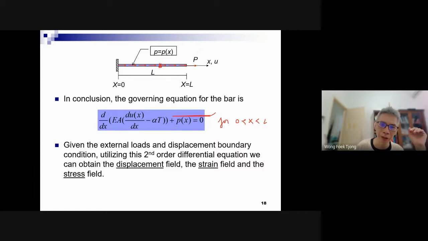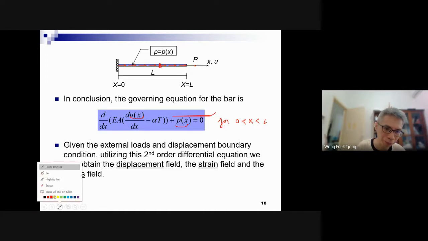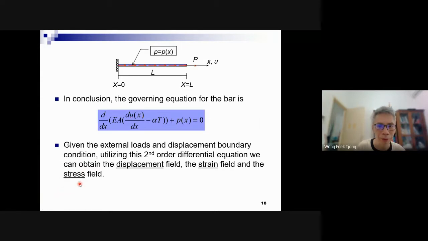Here we see that we can connect the external force and the displacement. But this is not yet complete. Why? What kind of equation is this? What is given, what is unknown in here? Please notice carefully. The given one, of course, is this one, right? Let me use green color. Not so good.